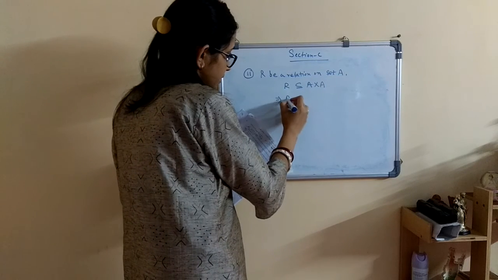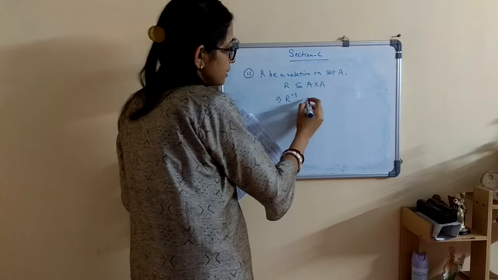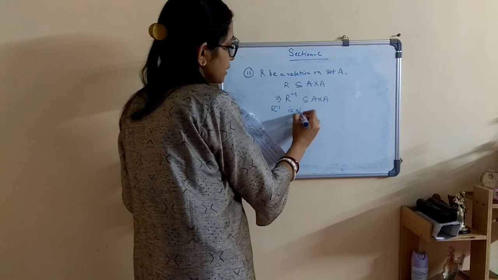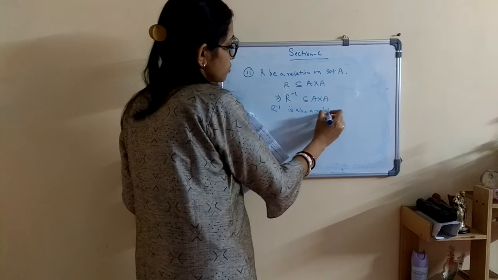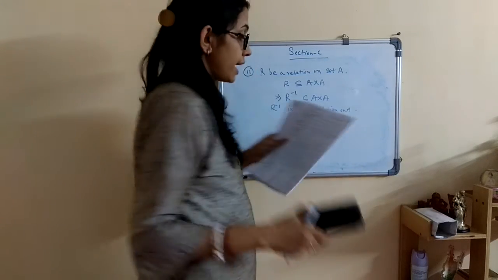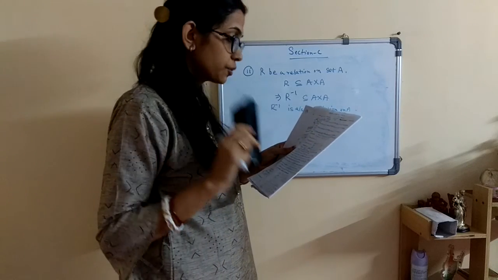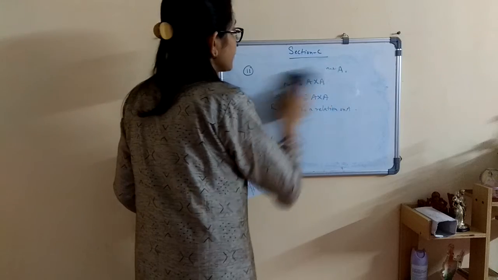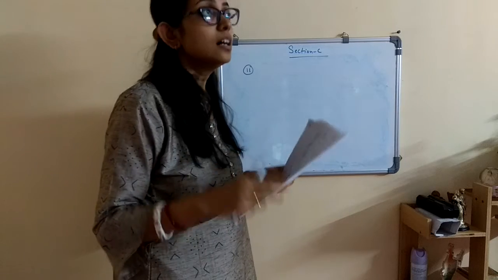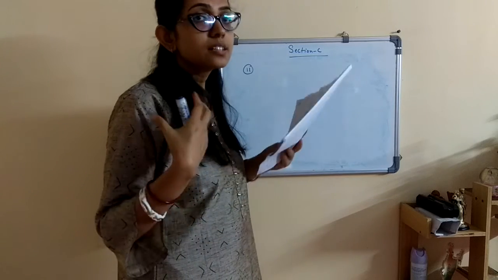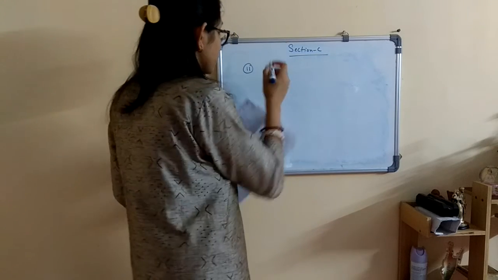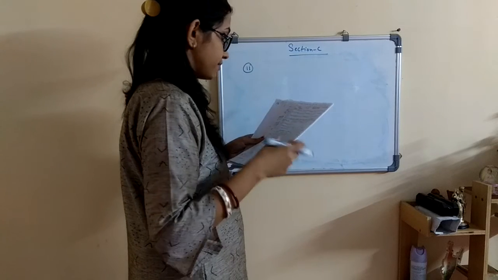Also from this, if R is a subset of A cross A, then R inverse is also a subset of A cross A. From this we can say that R inverse is also a relation on A. So likewise now I am going to prove that R inverse is an equivalence relation on set A. For that we have to satisfy the three conditions, that is transitivity, symmetric and reflexive. So first let us consider the reflexive relation.